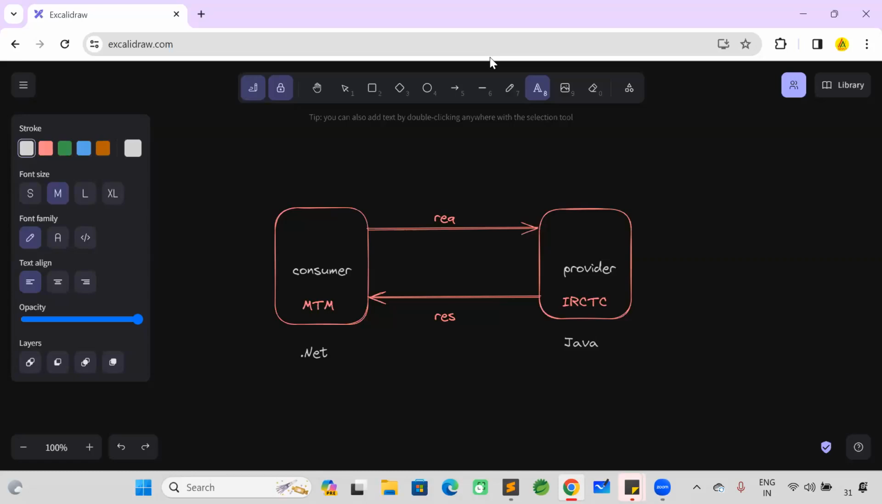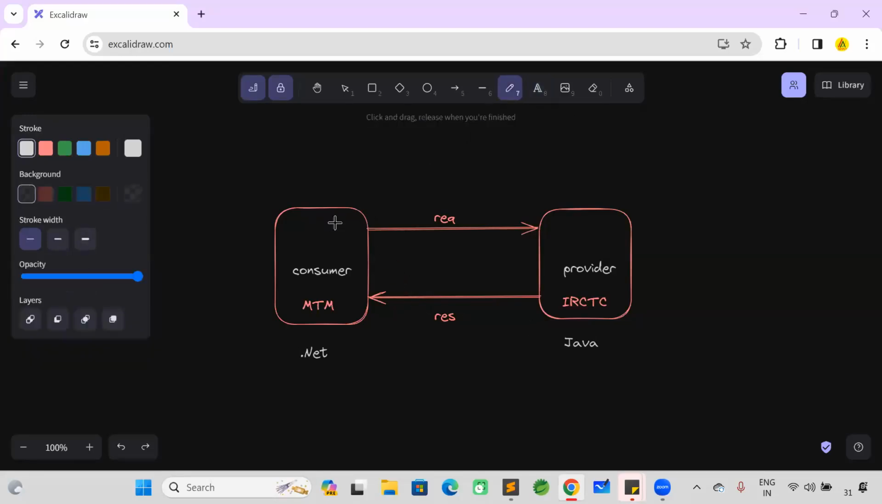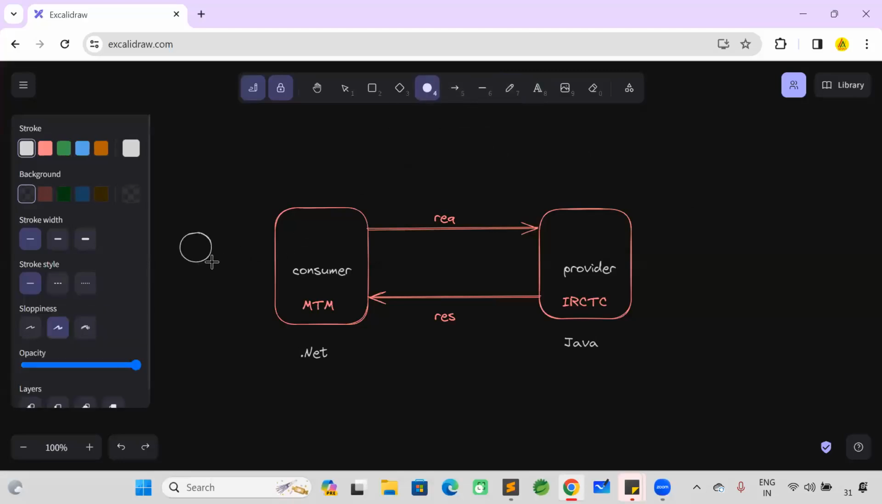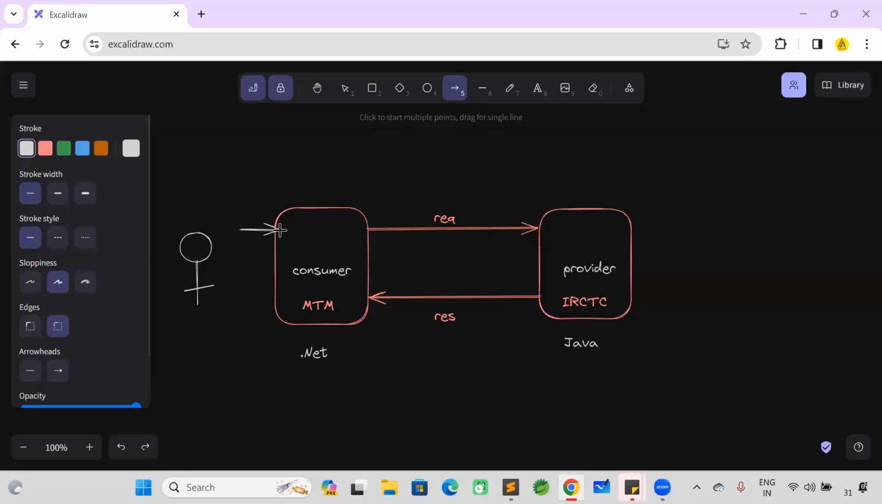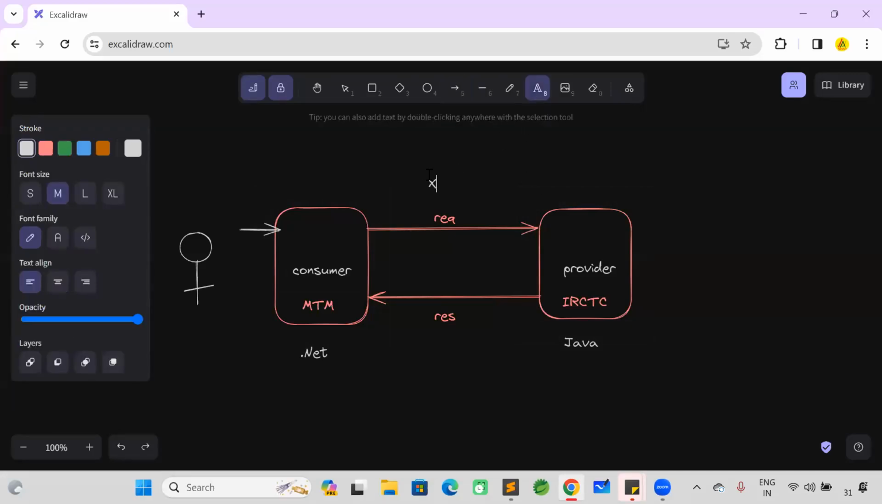In order to achieve interoperability, we send the request and get the response. The consumer application will send the request to the provider application, and the provider application sends the response to the consumer application. Here there is an end user who wants to book a train ticket by using the Make My Trip application. Make My Trip will collect the passenger data and send it to IRCTC in the form of